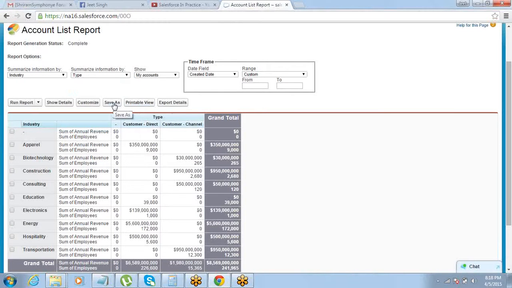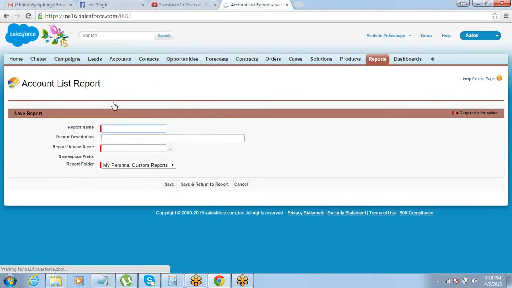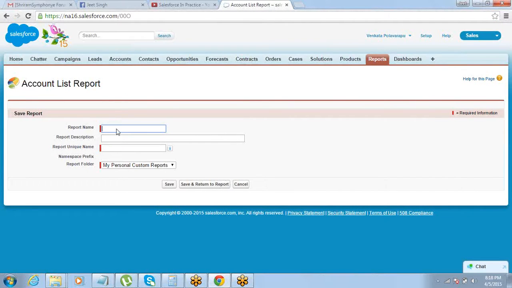You can save the report. Now this is the option of saving it. Save as will take you to saving the report. The moment you say save as, you have to define which folder you want to save it in. There are two folders as of now, one is a public folder, one is the personal folder. If you save it in your personal folder, only you will be able to access this report. If you save it in the public report folder, everyone will be able to access it. We have the option of creating more folders as well. As of now, I would save it in public reports. Give it a name, report 1, whatever name you want, and just save it.